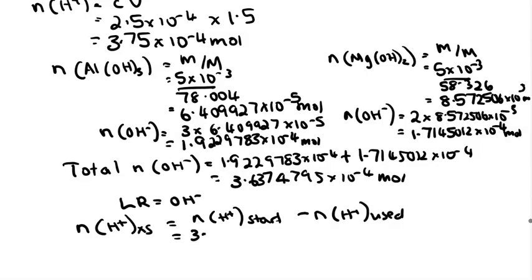So at the start we had 3.75 by 10 to the negative 4. We're subtracting how much we used in a one-to-one ratio, which will be the same as the hydroxide ions. And this comes out to be